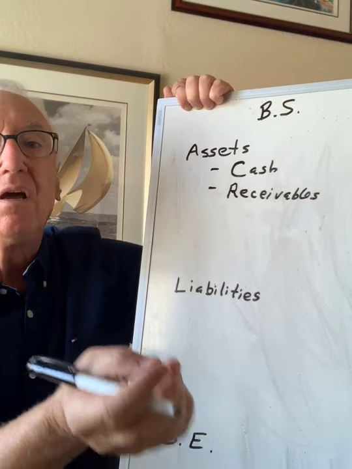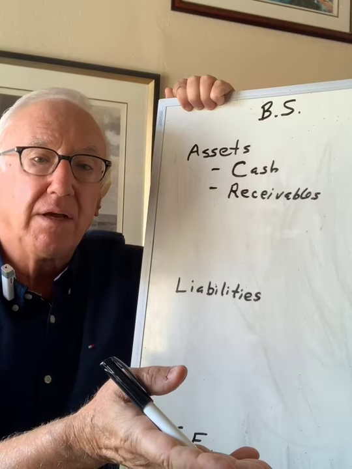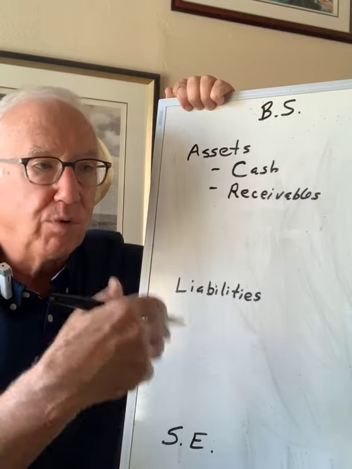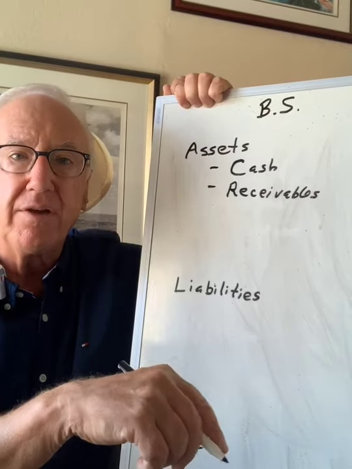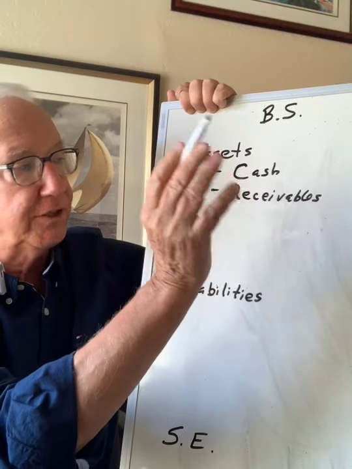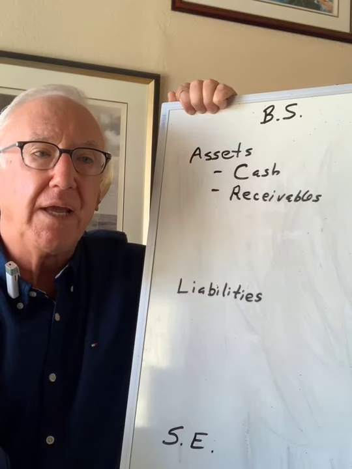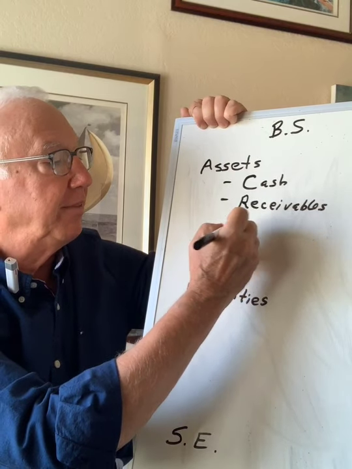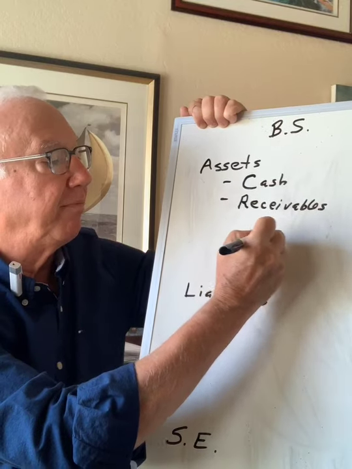Receivables are created when your accounting department generates an invoice and sends it to a client. That's a receivable. If they do a receivable for $1,000, in other words, they're billing a client for $1,000, that is automatically a $1,000 asset. And it's a current asset, a short-term asset, because receivables come in within 30 days. Long-term assets are things like gear,